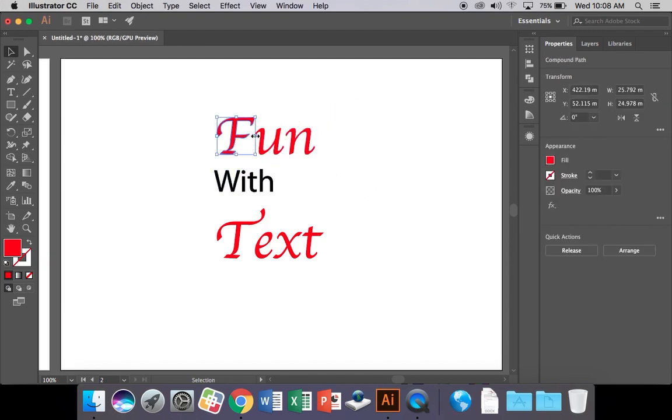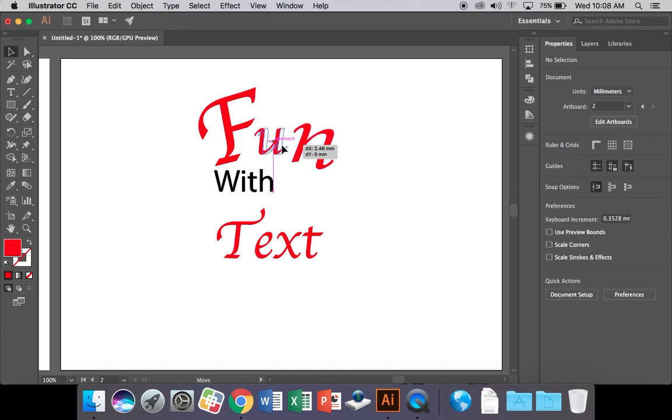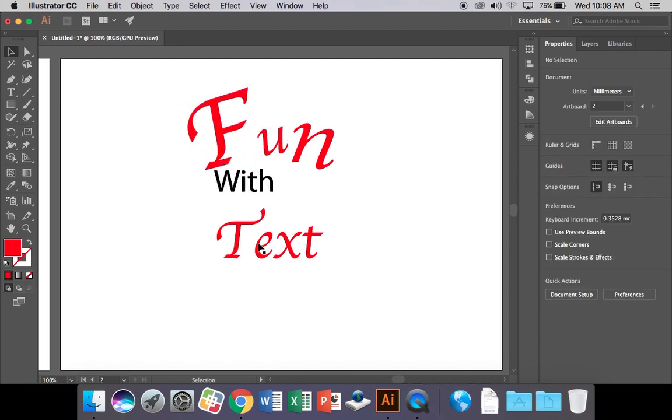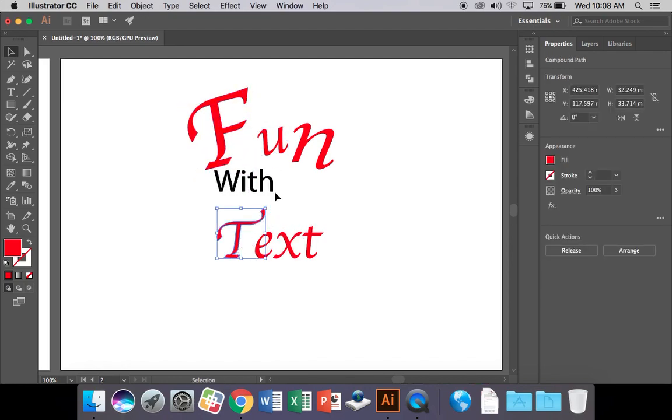So what you could try to do is make some a bit bigger, some a bit smaller. You could pop some on an angle because the word says fun, so we can have it looking like the words are having a bit of fun because it's changing angles, and okay, like that. I'm going to do this really quickly. You could do something like even